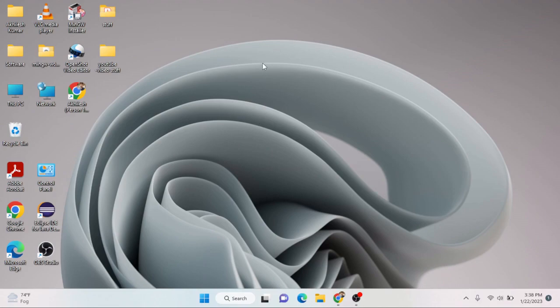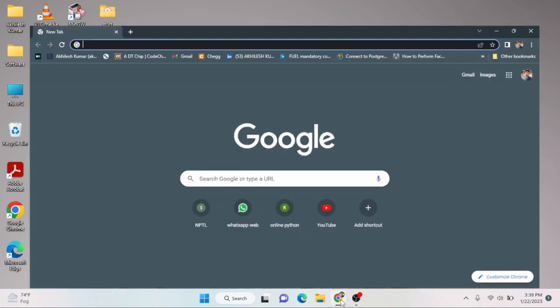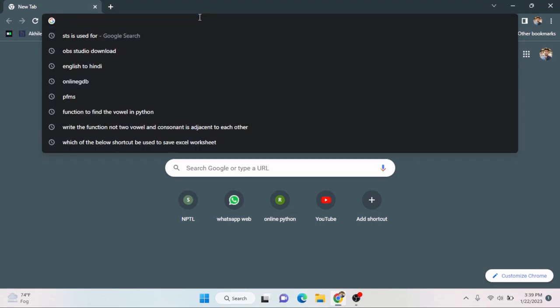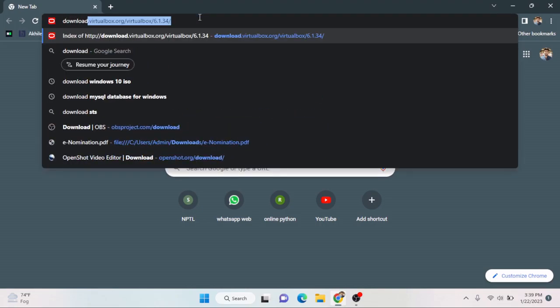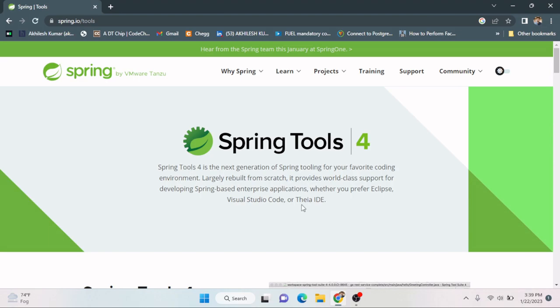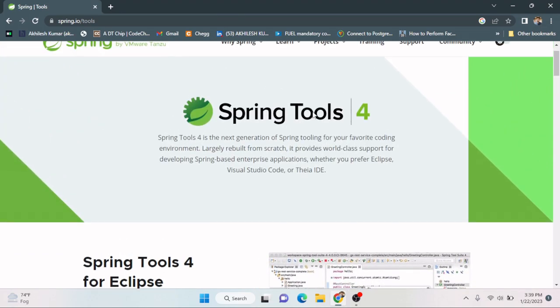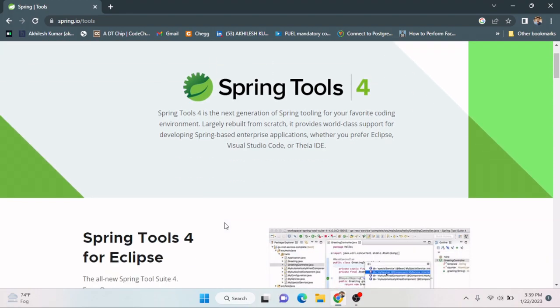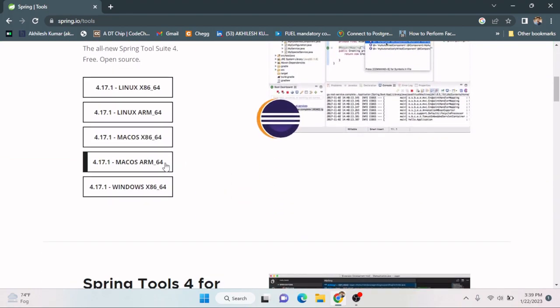Today I'm going to show you how to install STS and how to make our first project in STS, meaning Spring Tool Suite IDE. So let's start. For that we have to open the Chrome browser and search for download STS and go to the first link on Google, and this will show you the Spring Tool Suite IDE website from where you can download